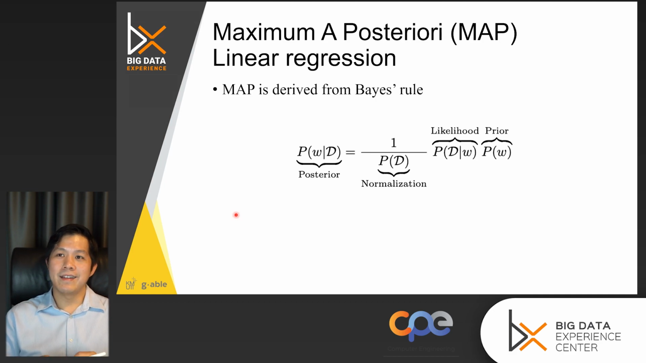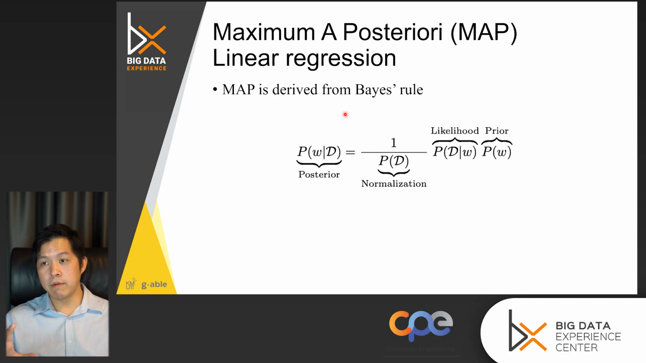MAP, on the other hand, is the maximum a posteriori, or MAP. Surprisingly, this has been used in a lot of machine learning models to derive the model parameters. MAP uses Bayes rule. How does it work? So Bayes rule